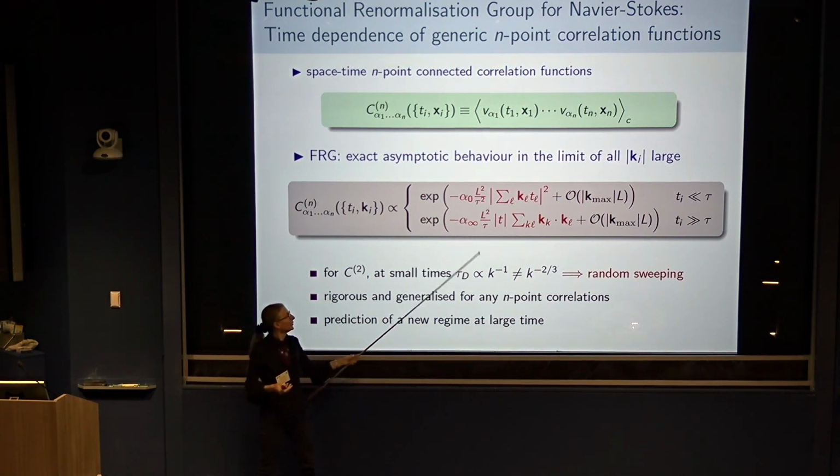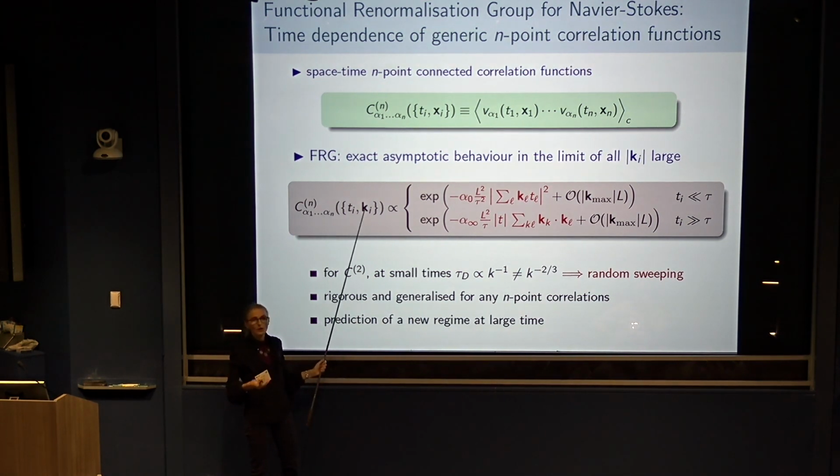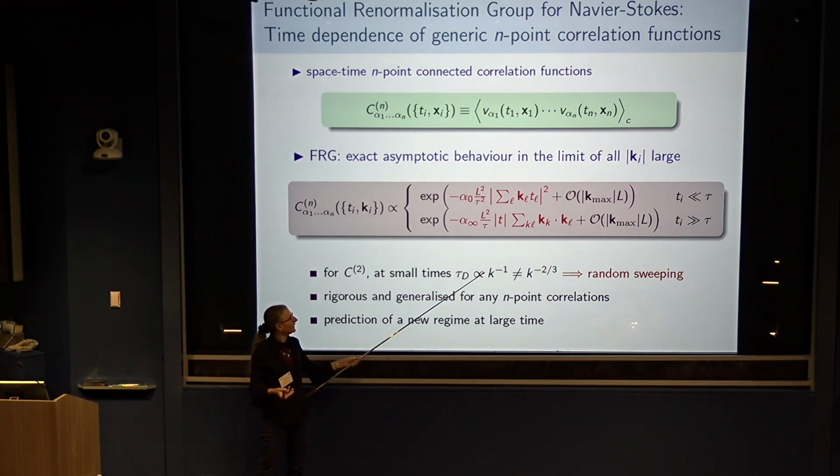And what I'm going to explain is, if you look at this formula for the two-point function, then you can recover, in particular, that at small times you have this scaling for the decorrelation time, so I will show that. But here, you have the general expression for any correlation function. And an important feature that I will explain is that, in fact, you see that the coefficient in front of this does not depend on n. So it's the same for any order, these coefficients.